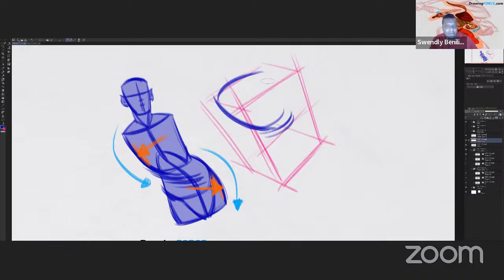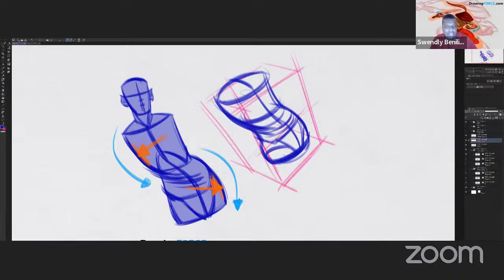Now I'm thinking about the volume, so I'm using these ellipses here. Think about the volume. We go from this side, and it's pushing into the other side. Shape-wise, this would be straighter, with a little straight moment here at the obliques, and this a bit rounder, because you have the gluteus muscle at the side of the pelvis. This would be the center line, and this might be the top of the pelvis. Now we can get the V shape in there, the socket for the thighs, and this would be the opening for the neck.